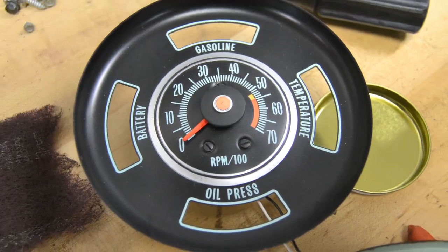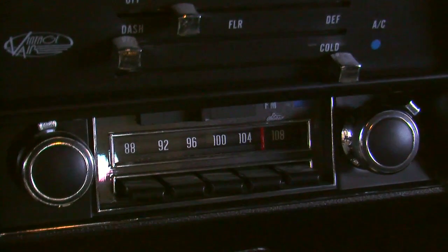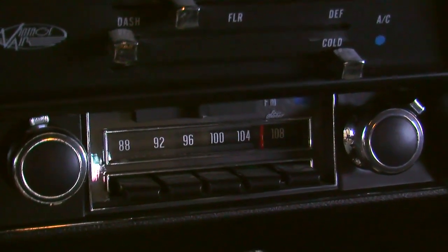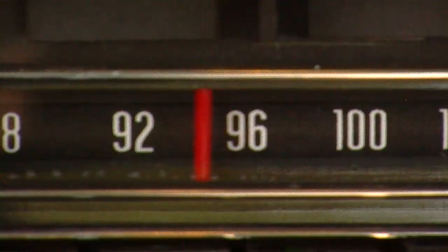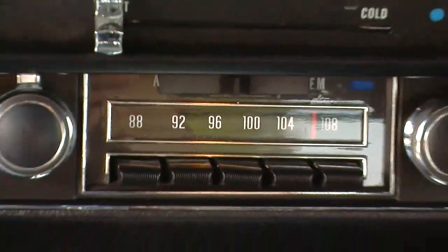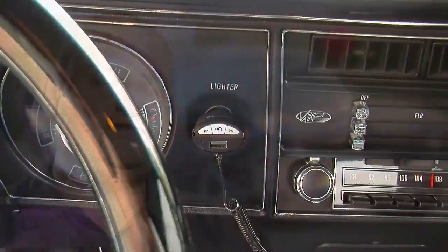We rebuilt all the gauges and polished the lenses, and we added a stereo system from Antique Auto Radio, which is pretty cool because it looks just like a stock 1969 Chevrolet radio. It even has a moving red needle, but now it's got an electronic tuner, Bluetooth capabilities, and an MP3 player. So it's a nice touch to keep it looking stock, but know that it's got a little bit more behind